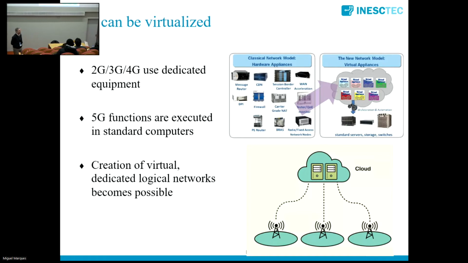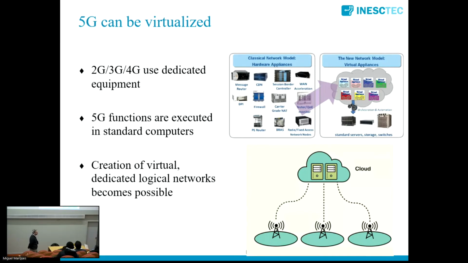In a way which is different from what has happened in previous generations of communications, in which we had dedicated equipment for each of the functions of the cellular network. Here, and for the first time, we are going to have 5G defined as a set of functions. And these functions will be able to run on standard computers. That means that the 5G and 6G network of the future will consist of a data center, having computers, which have connections, very probably optical fiber, to antennas, and in these antennas we'll have